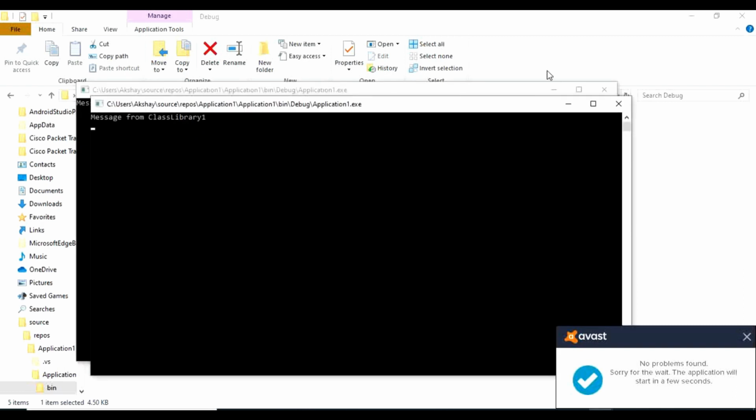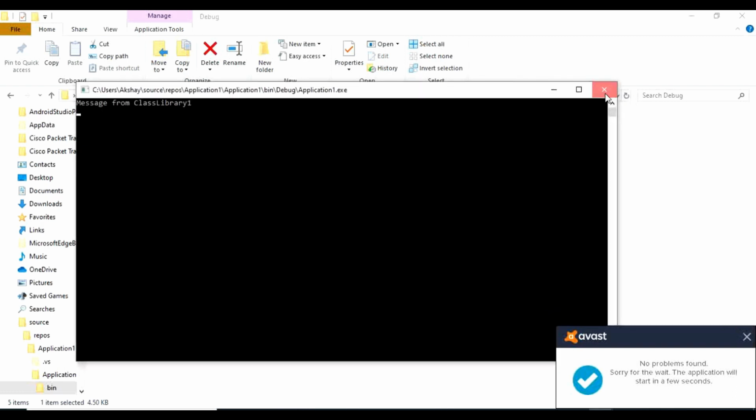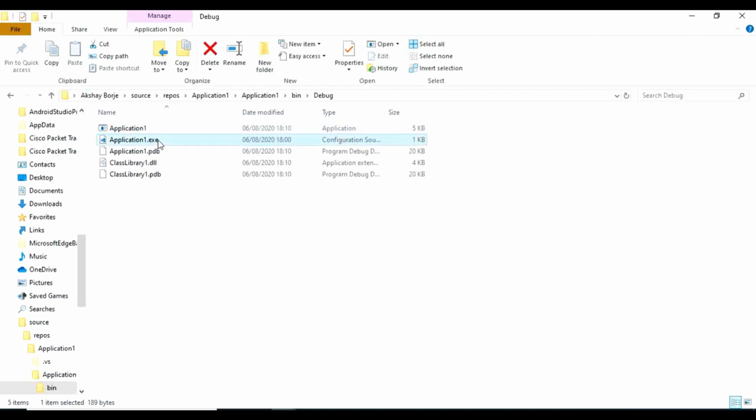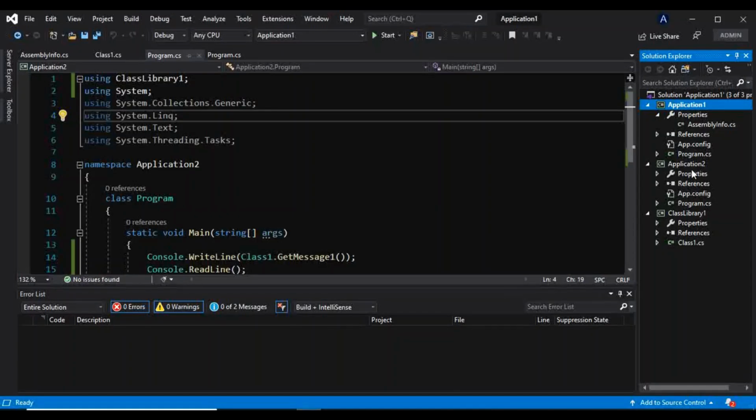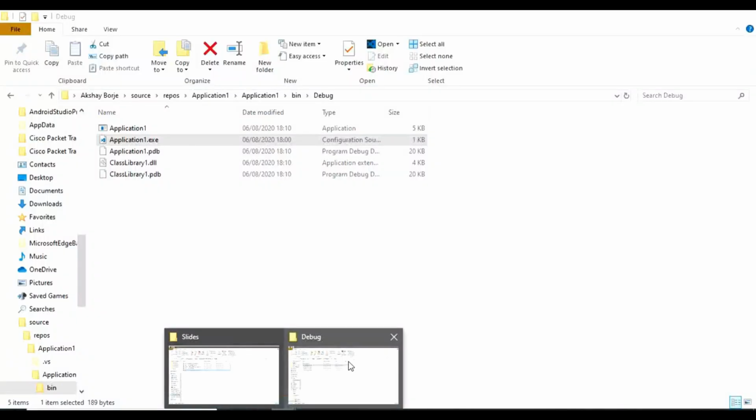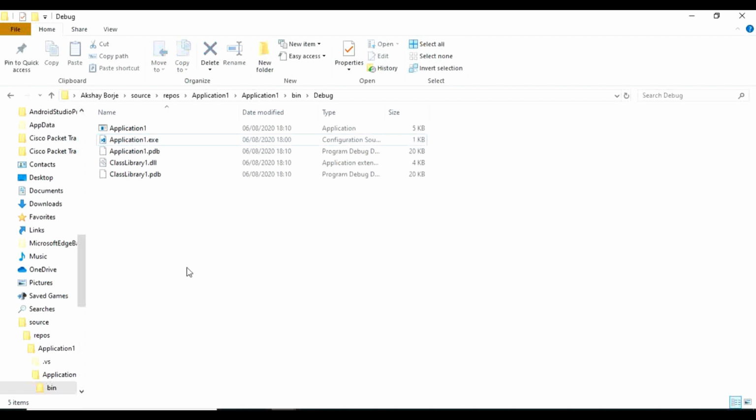Message from class library. Okay, and don't be confused with this file. This .exe is not an exe. If you see here, this is the configuration file. Okay, don't worry about it. Now save it. And now as I have shown you these assemblies, okay, so now we will assume